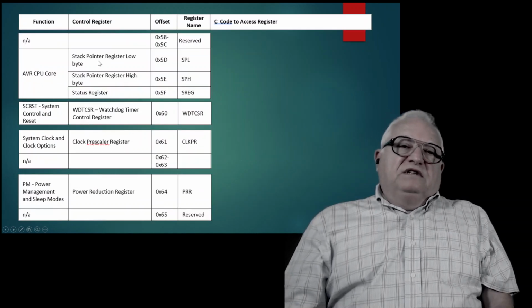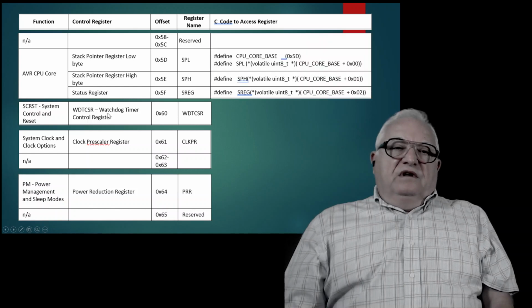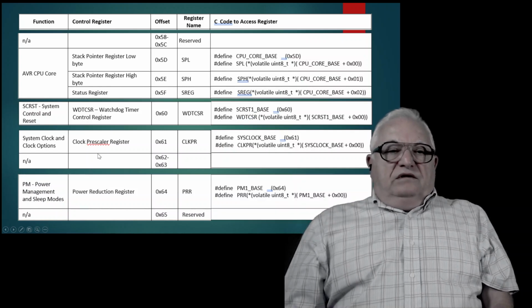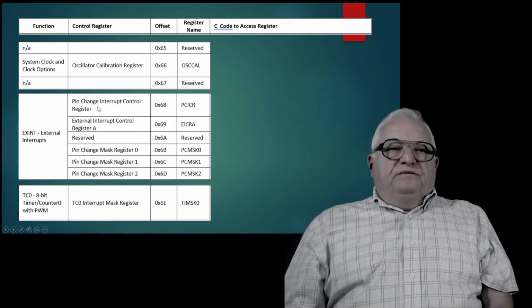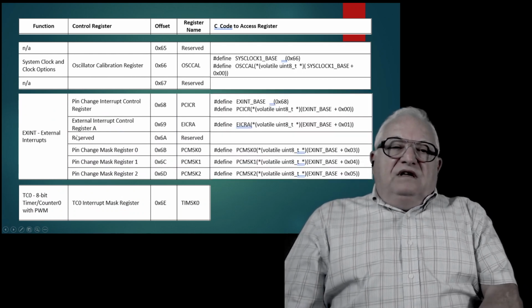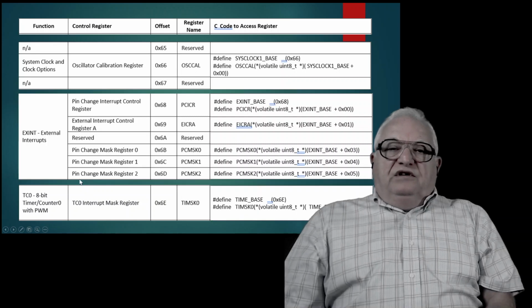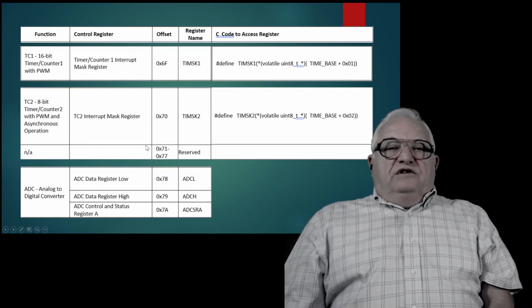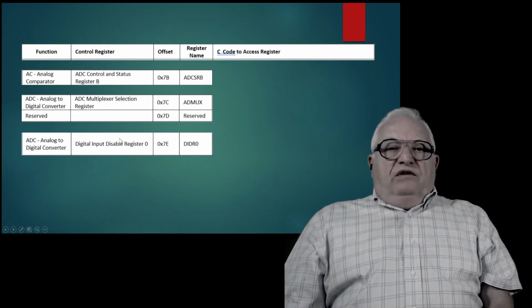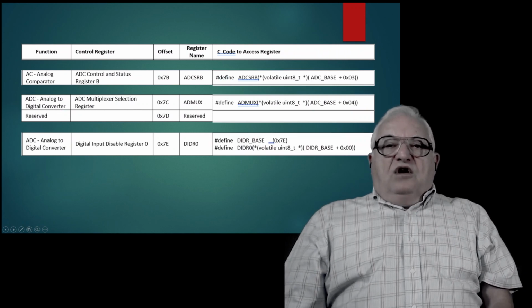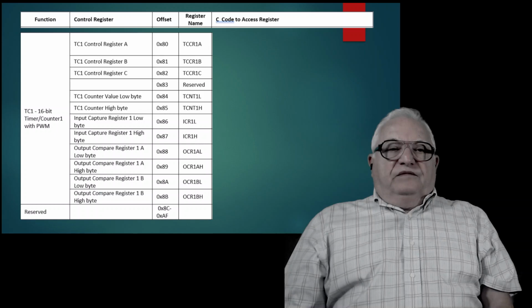The CPU core has stuff like stack pointers, Watchdog Timer, a system clock, power management again, system clock. So I just followed every register and added the code here. Later on, I'll show you how I implement what's in the C code to access register column. So here we go again, the 16-bit